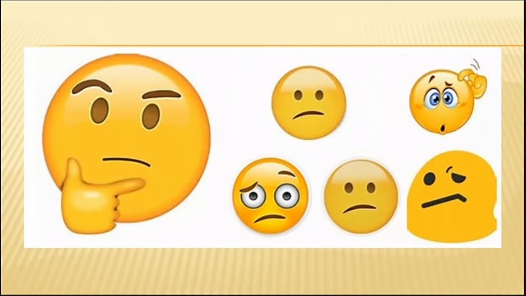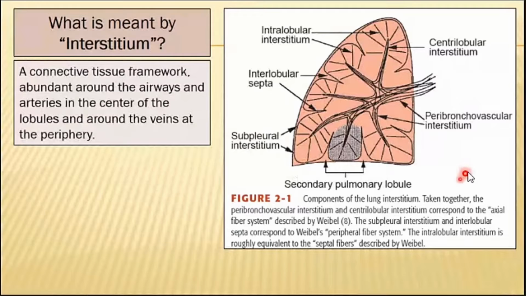Okay, so what is meant by interstitium? To understand ILD, you first have to understand what the interstitium is. The interstitium is basically a connective tissue framework, abundant on the airways and arteries in the center of the lobule and around the veins and at the periphery. Around the main bronchovascular bundle, you have the peribronchovascular interstitium. Near the lobule in the center, we have the centrilobular interstitium. Then you have the intralobular interstitium here, and these are the interlobular septae,